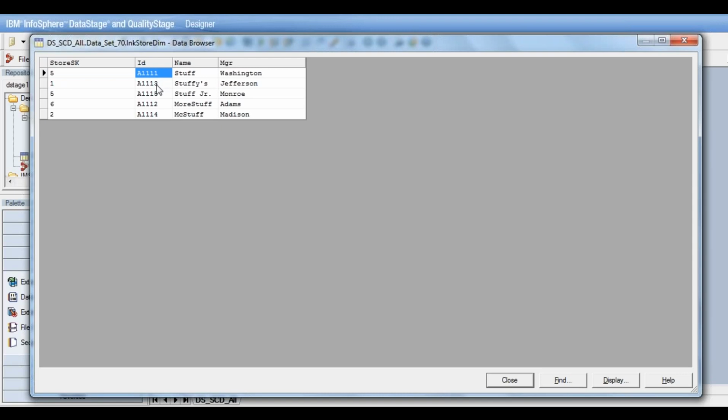So we can see here that all the IDs, which is the business key for this dimension table, are distinct. We don't have any repeating values for the business key. The surrogate keys have been generated as distinct values. And whatever the attribute values, they'll be simply updated. So all these records can be updated or inserted.